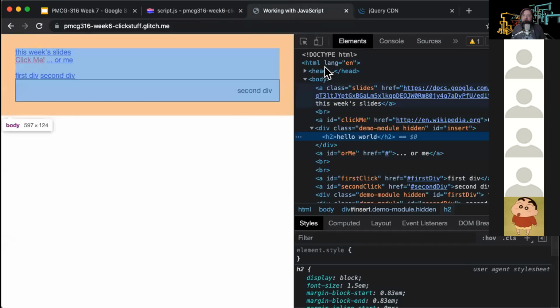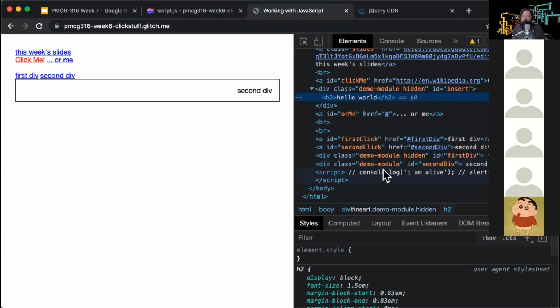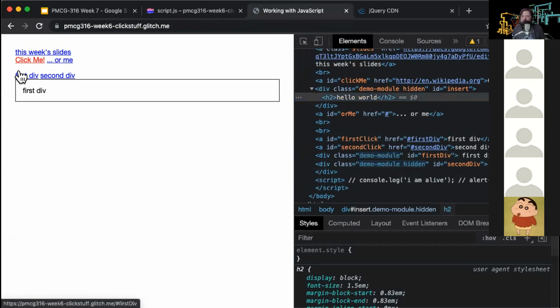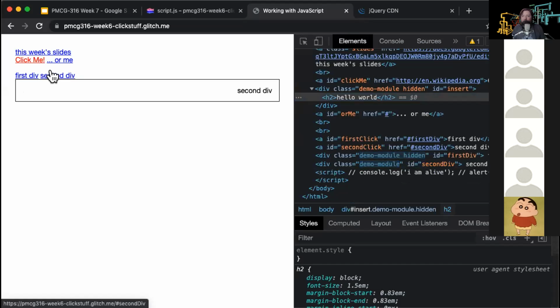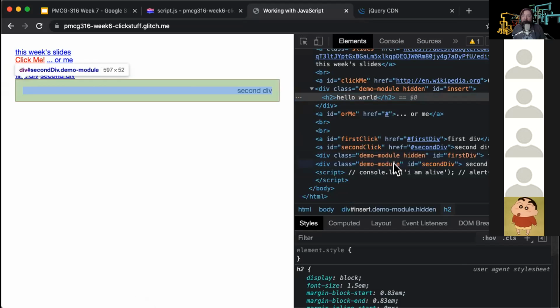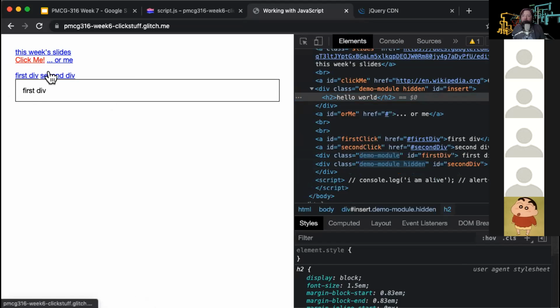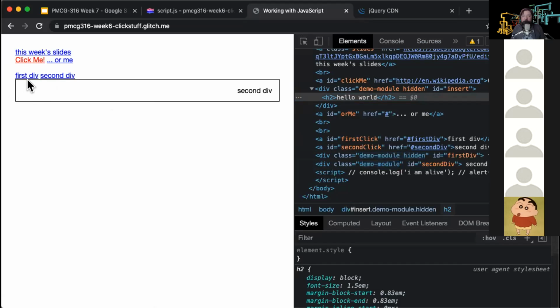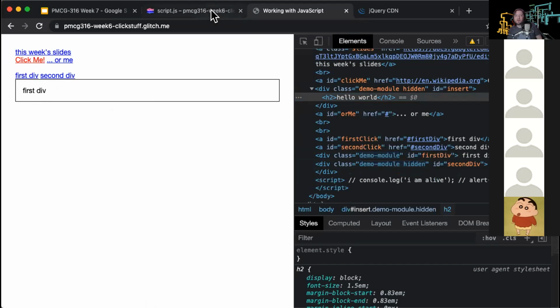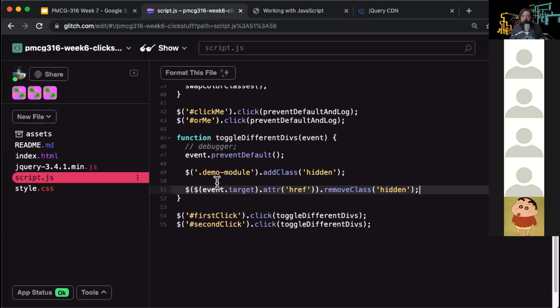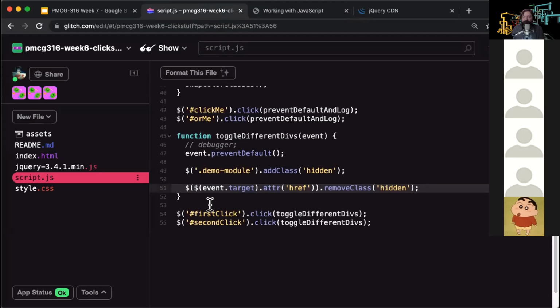And what's happening here, you see how the class name hidden is just swapping back and forth between one div and the other. Now, this is really confusing to read. It's kind of a mess. So this is a great place to use